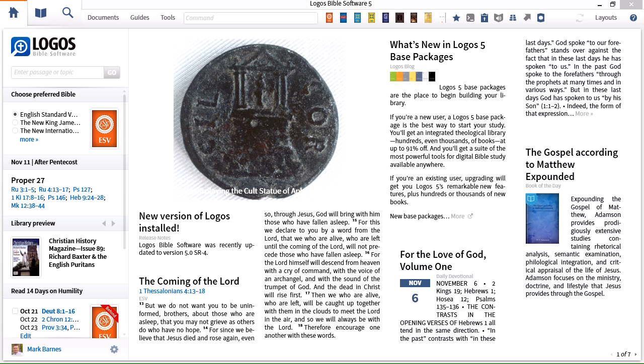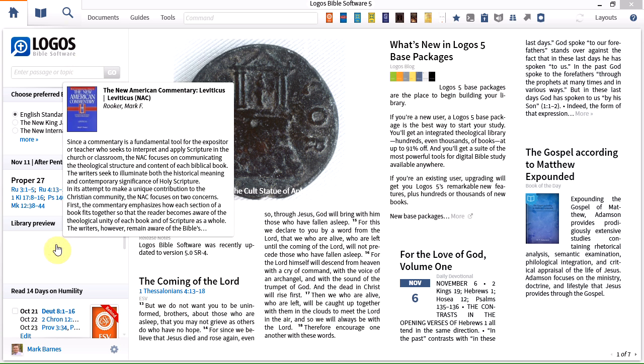So what we're going to do in this video is simply work our way along the menu bar here, and each time there's a new feature or something that's changed, I'll show you what that is. So here on the home page you can see immediately that the bar that used to be along the top of the screen has now moved to the left hand side. Gives you a little bit more real estate on wide screens,